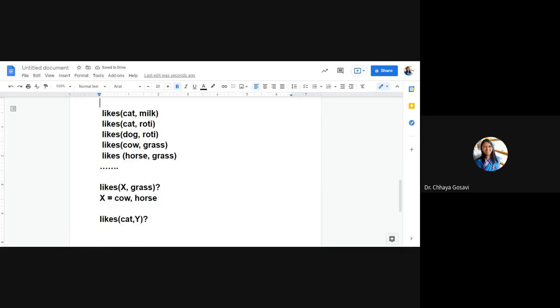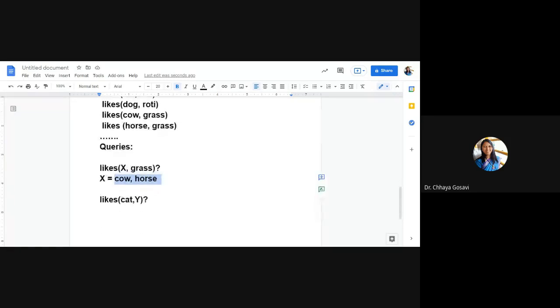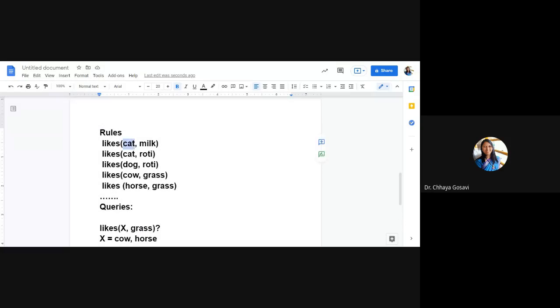These are the rules and these are the queries. You should just know that there are different types of languages and how they work. If you want to know who likes grass, it will return cow and horse. If you want to find out what cat likes, it will again do pattern matching and find the answer as milk and roti.